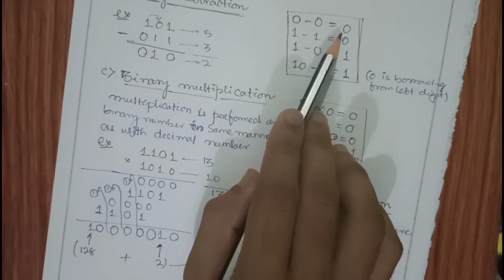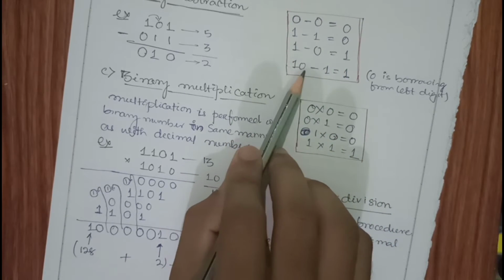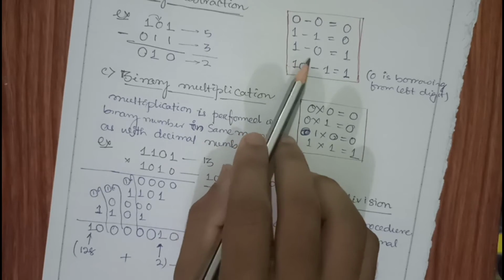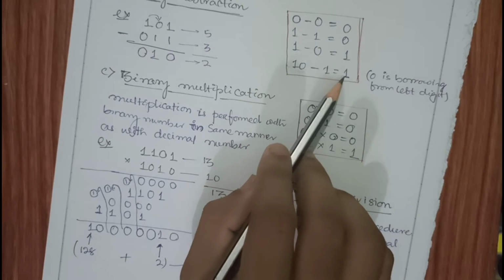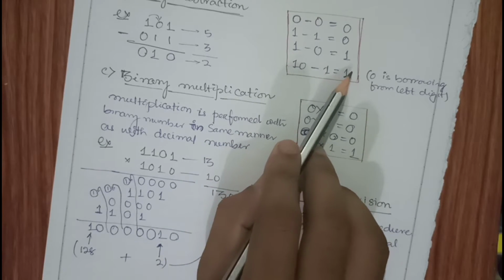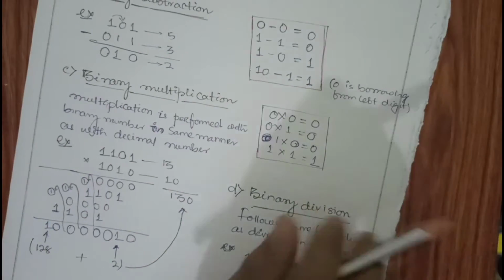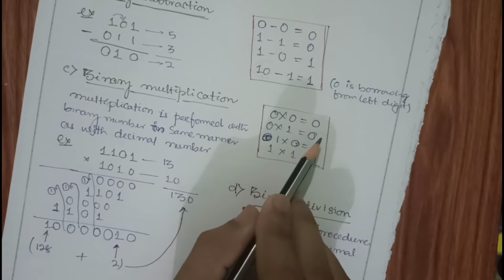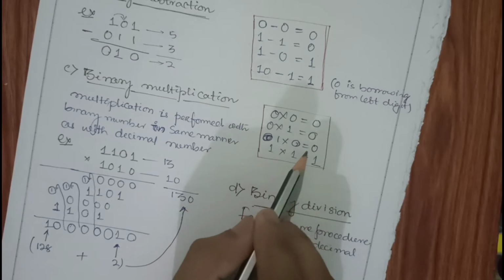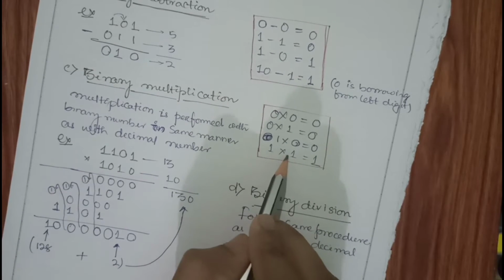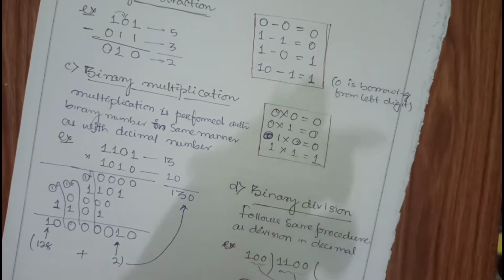0 minus 0 is nothing but 0. 1 minus 1, 0. 1 minus 0, 1. 1 0, that is that value. When 1 plus 1 is added, it will give me 1 0. That 1 0 minus 1 will give me 1. Because if you take 1 this side, then 1 plus 1 will give me 1 0. Okay. Then multiplication. 0 times 0 is 0, 0 times 1 is 0, 1 times 0 is 0, 1 times 1 is 1. It looks like an AND gate, or not. When my two inputs are 1, then only my output is becoming 1. And when any of the input is 0, my output is 0.